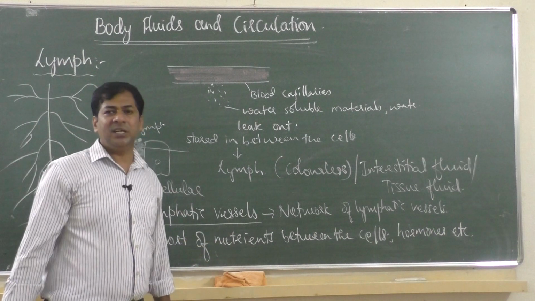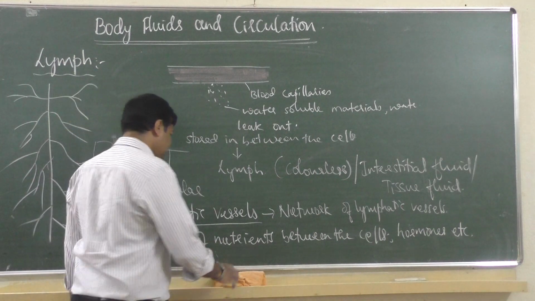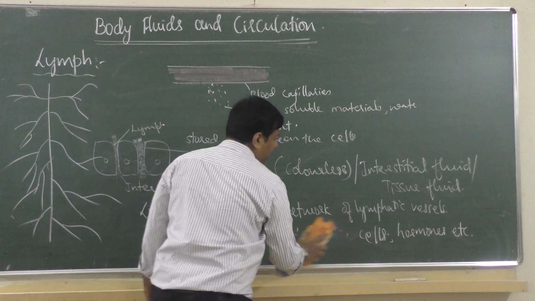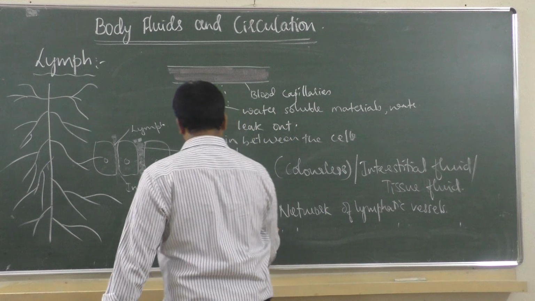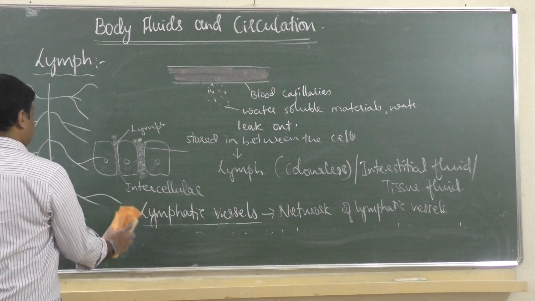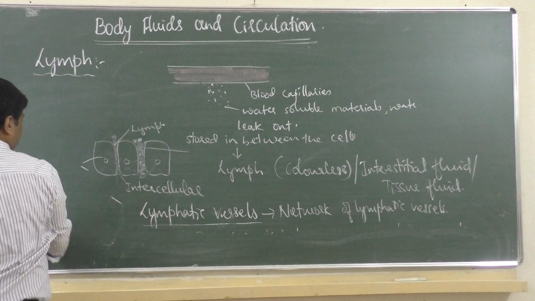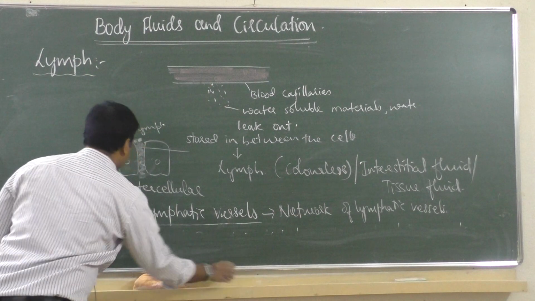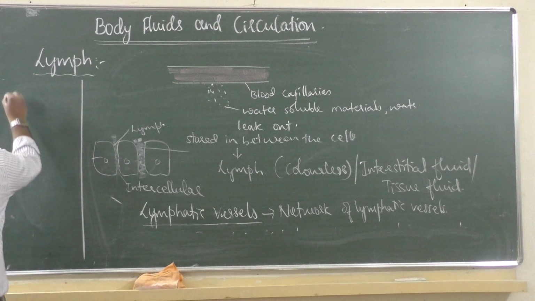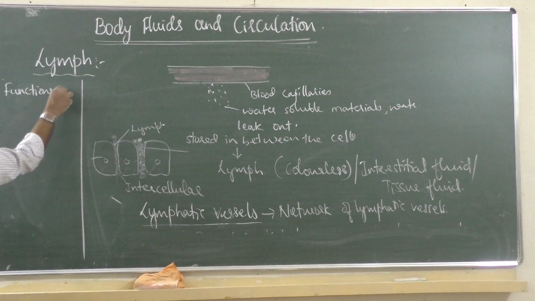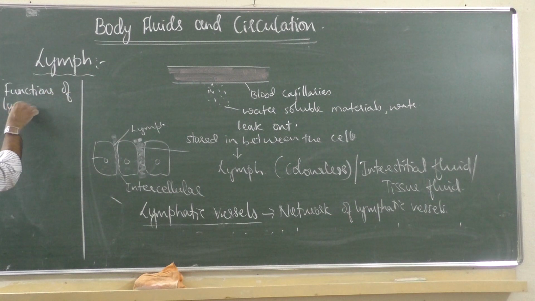Already you know, B and T lymphocytes we have already learned, which give immunity by producing antibodies. Now separately I will write the functions of lymph. Separately I will write here. Functions of lymph. First one, for